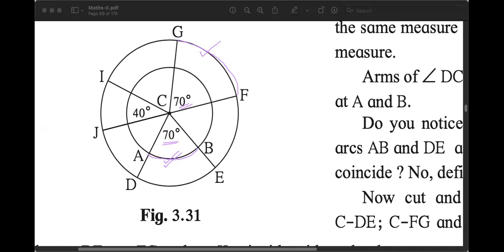If you are saying they are congruent, please give a thumb up. And if you are saying they are not congruent, then a thumb down. One person is saying not congruent. Aman is saying they are congruent. Okay. I hope all of you realize that one circle is much bigger than the other circle.